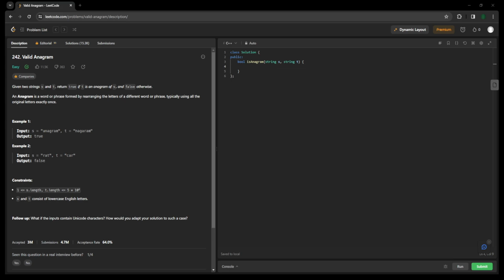So if you look at example 1, there are two strings s and t. So s is anagram and t is essentially anagram, but the characters are rearranged within the given string. So if you look, the occurrence of a is 3 over here and 3 over here, and simultaneously all the other alphabets like G, R, M, they are all one occurrence in both,